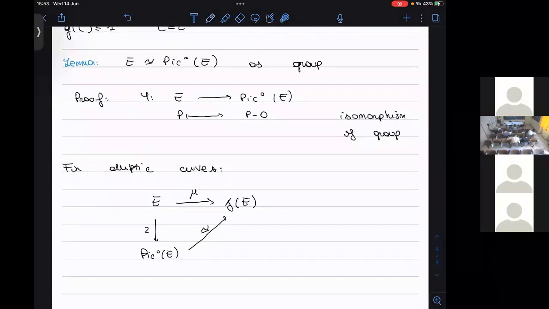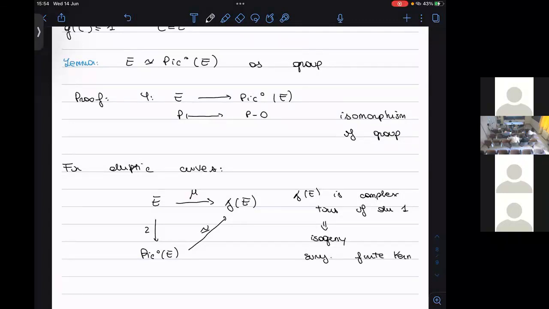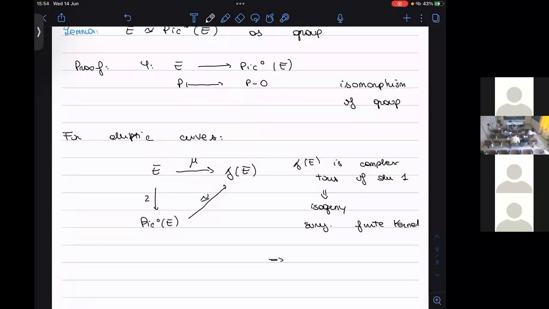The point is that, in this case, the Jacobian is a complex torus of dimension 1, since the genus is 1. So mu actually is an isogeny, since it is a non-trivial morphism between elliptic curves. So it is surjective with finite kernel. And the kernel is trivial since these are isomorphisms. So we get that E is